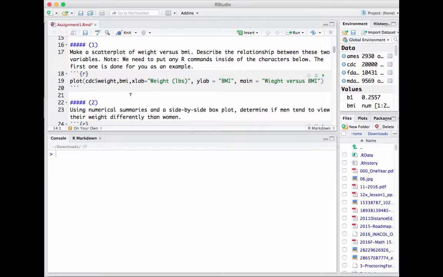Be sure and read through the code and make sure it makes sense. Make sure everything in this line that I've typed in here makes sense to you. Some new things that you may not have seen are the xlab and ylab. Those are to put labels on the X axis and the Y axis respectively, and then main gives your graph